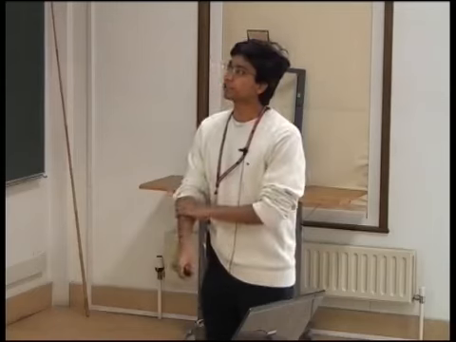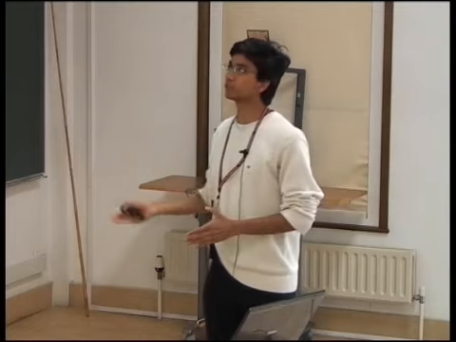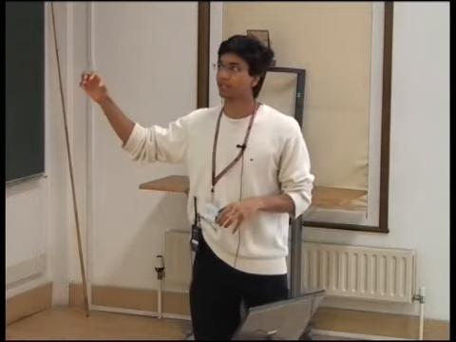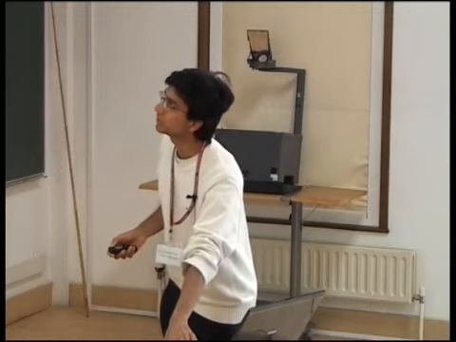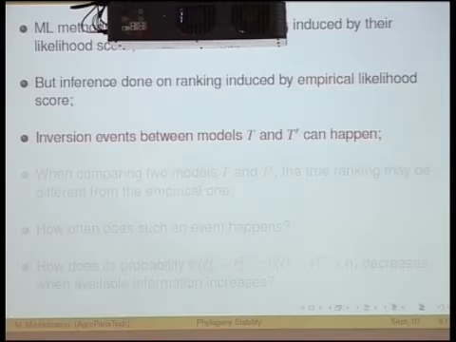So this is one thing, but what we're really interested in is the ranking of the likelihood scores of different models. Because when you use some maximum likelihood method, usually you compare models, you give them a likelihood score, and you pick the model with the highest likelihood score. And here, the bad thing about not having the likelihood scores, but only empirical likelihood scores, is that